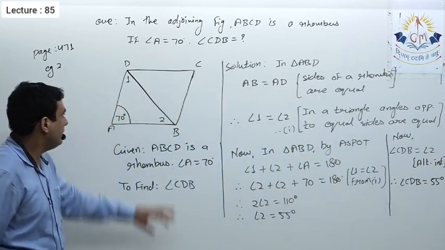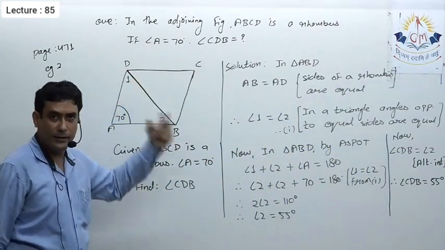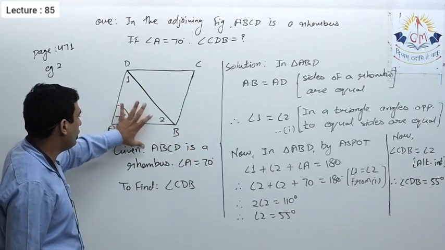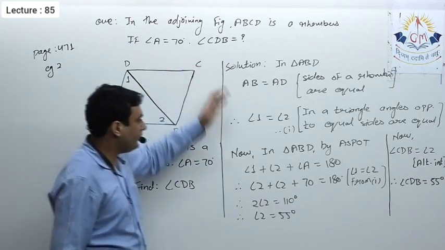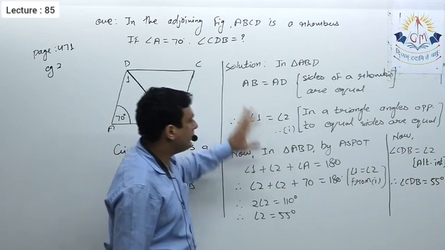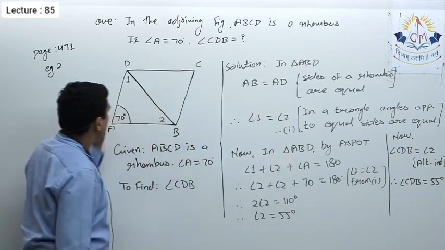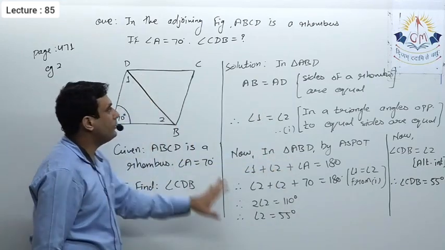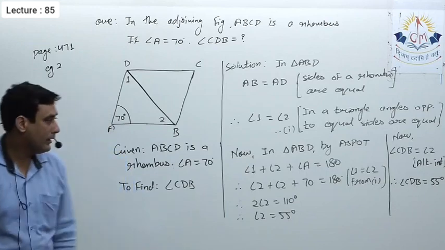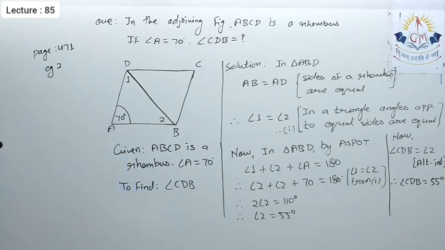So please note, generally you will get this type of question either in 2 marks or in the MCQ part. The only thing is that when we write its descriptive solution, then it takes time. Otherwise, if we have to just find the values, it won't take that much time. So note it down, then we'll see the next question.